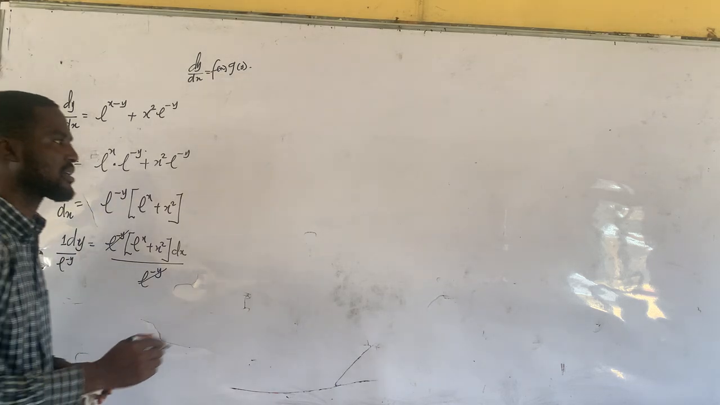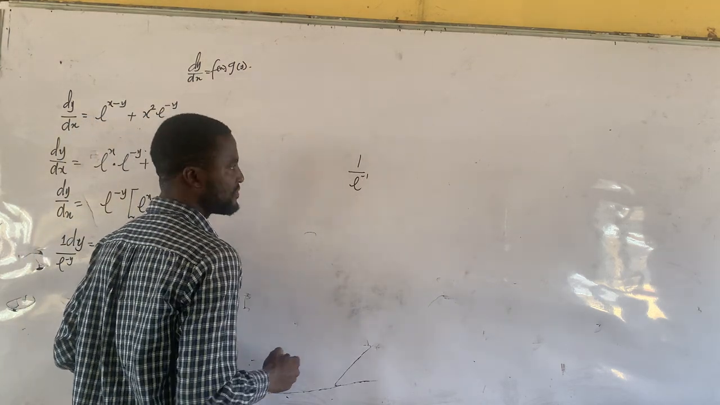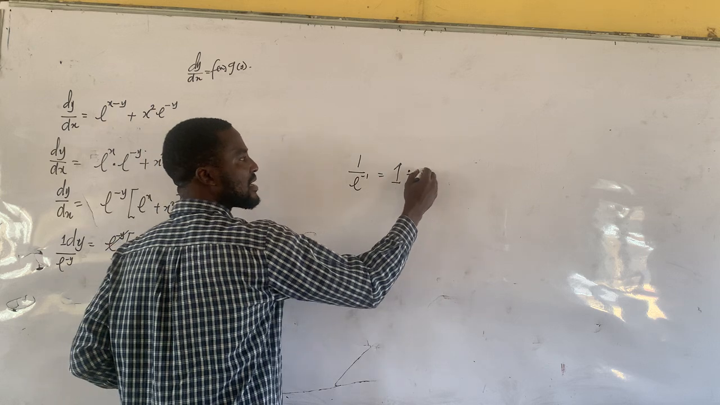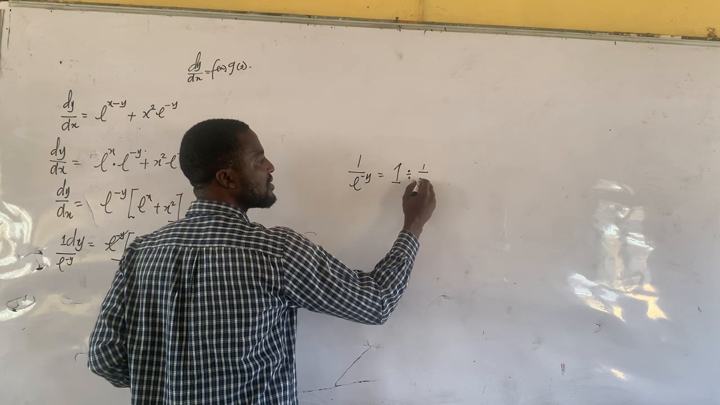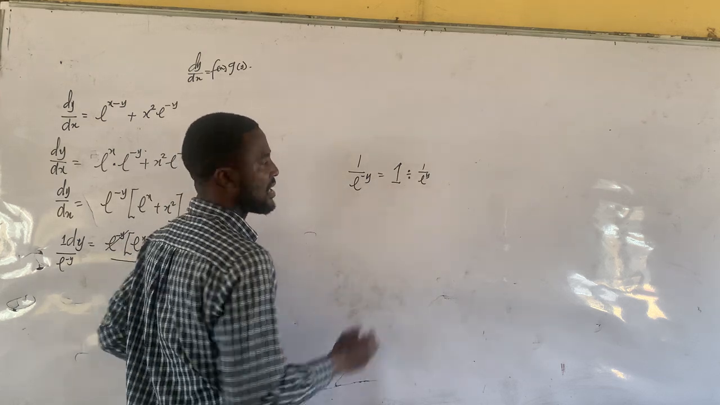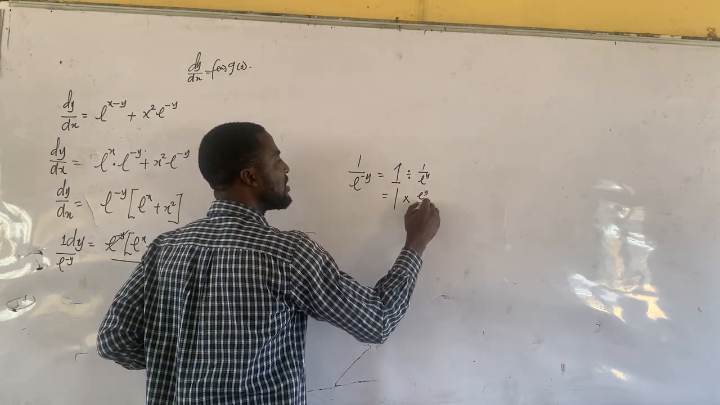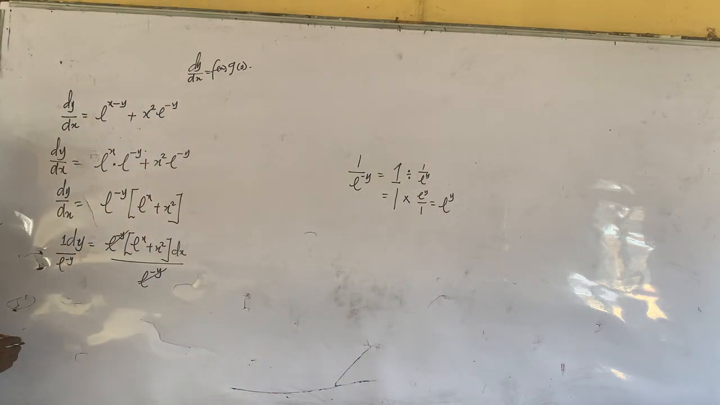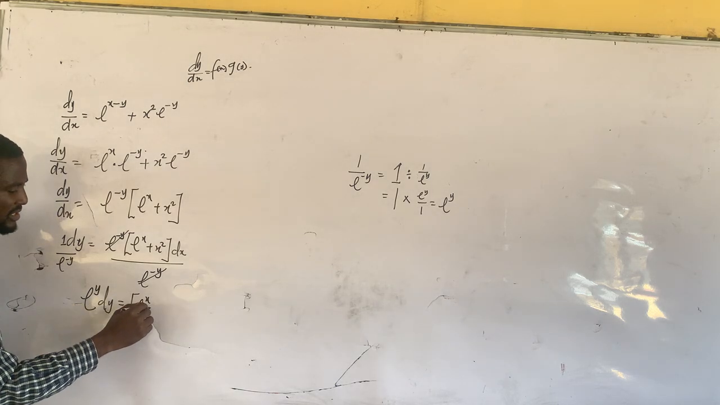Ladies and gentlemen, I want to quickly show you something. 1 divided by exponential minus y is the same as 1 over exponential y. And by the time this changes to multiplication, you can have it as 1 times exponential y over 1, which is exponential y. In that light, I can easily rewrite this as exponential y dy equals exponential x plus x squared